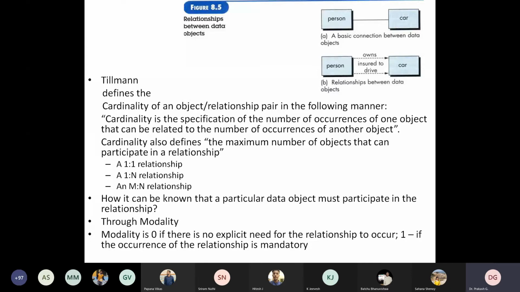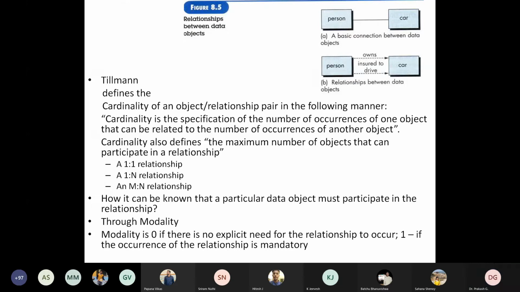We have to establish how many times the book has been ordered, or how many books have been ordered. Whether I am ordering the same book today, tomorrow and the day after tomorrow, or different books. This is what we have to consider after establishing the relationship, and that is what we call cardinality.